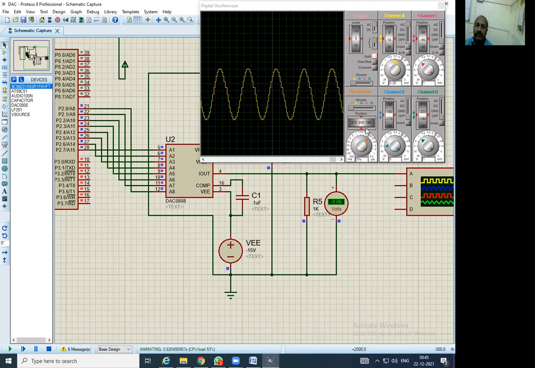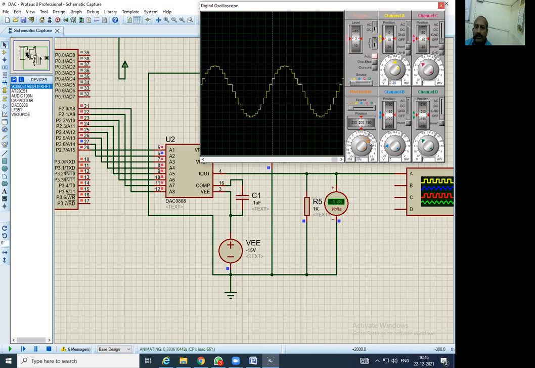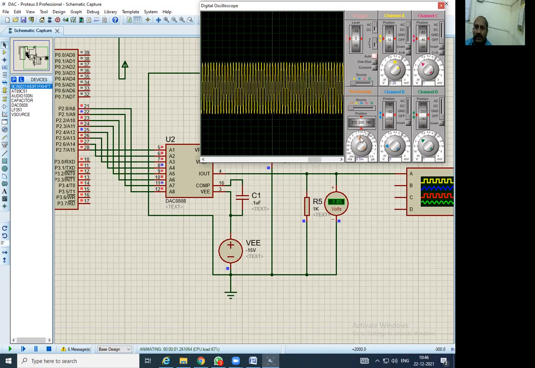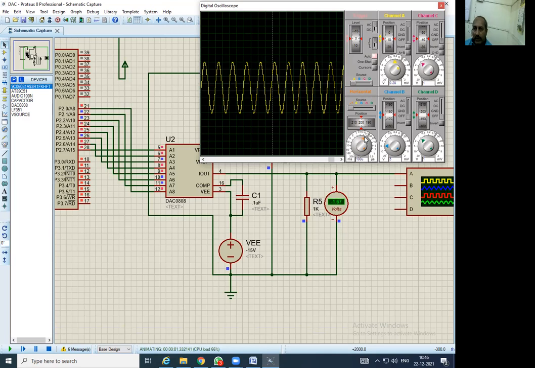This is like our regular oscilloscope. You can change the time per division knob. This is also one type of staircase you can see. But if you adjust the time per division knob, you will get the sine wave.